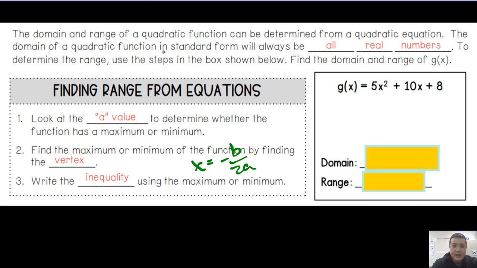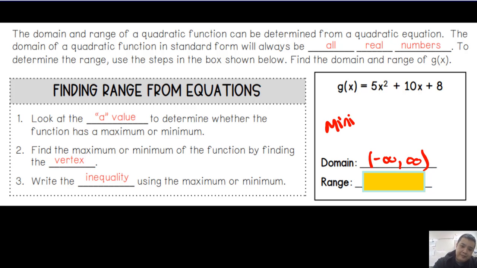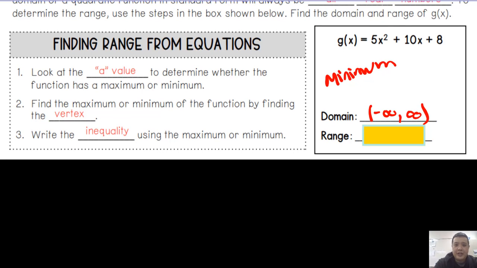So like this says right here, any quadratic in standard form, if it's not inside a word problem or anything like that, is going to have a domain of all real numbers. What we have to do next is find out if it has a minimum or maximum. Well, this is going to be opened up, so this is going to have a minimum. Okay. So next we can find the vertex. And the x value of the vertex is going to be